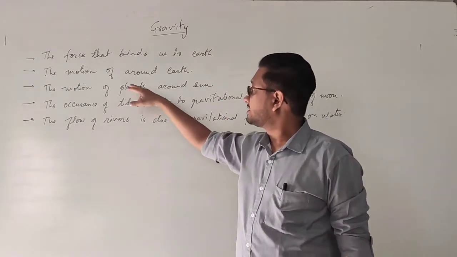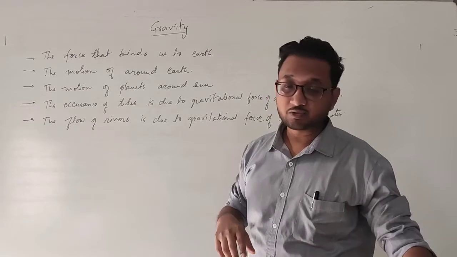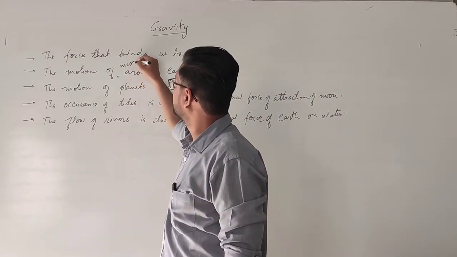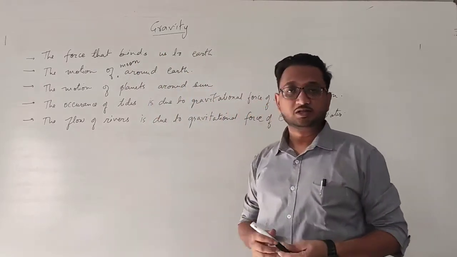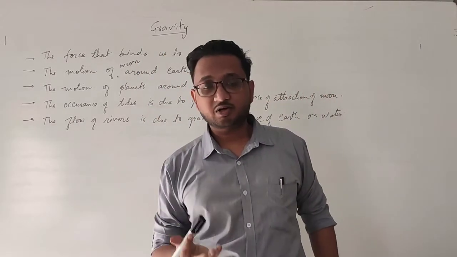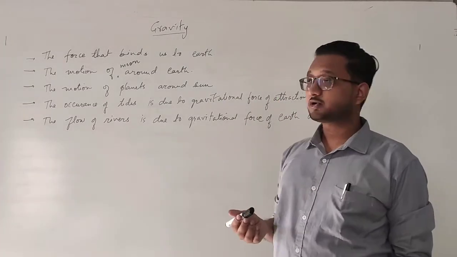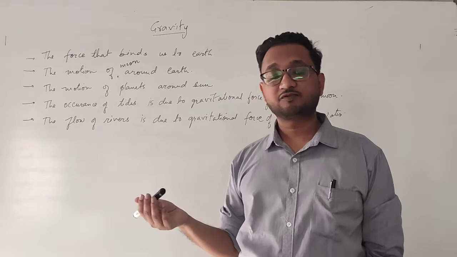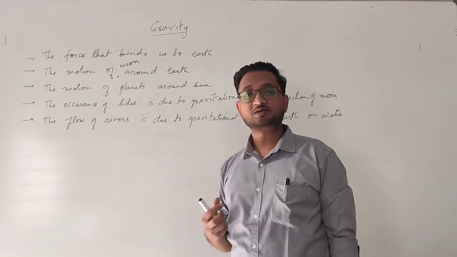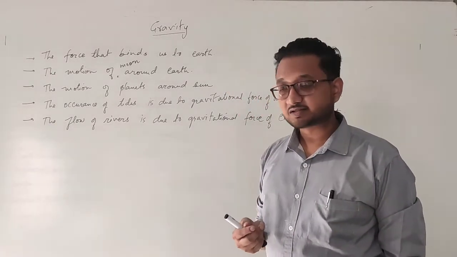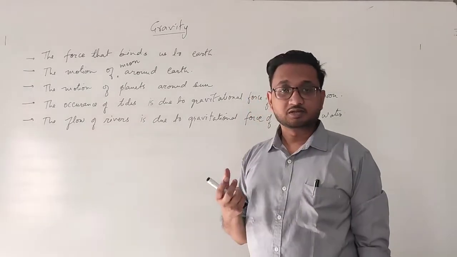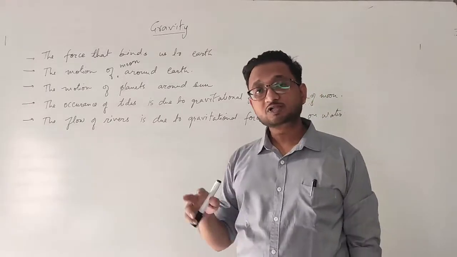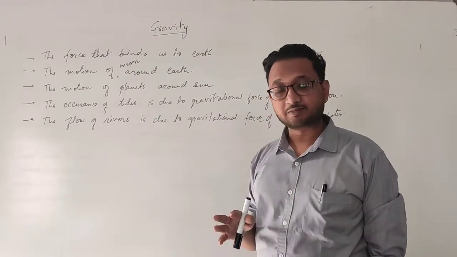Okay, the next one is motion of moon around earth. Sorry, I forgot to write motion of moon around earth. So moon is revolving around earth because of the gravitational force of earth on the moon, and vice versa. Moon is also a heavenly body, so it is also applying the force on earth, but less because the mass of moon is less. Okay, the pull applied by earth on moon is more. Okay, the force between the two is exactly the same.